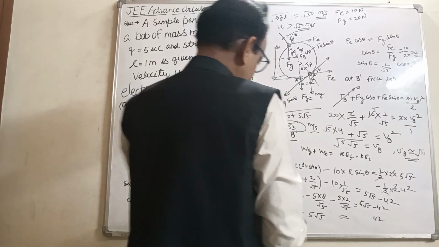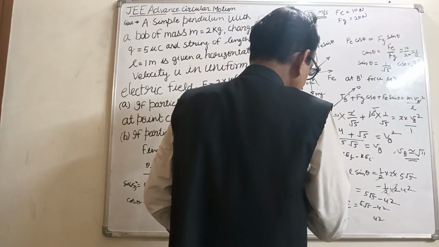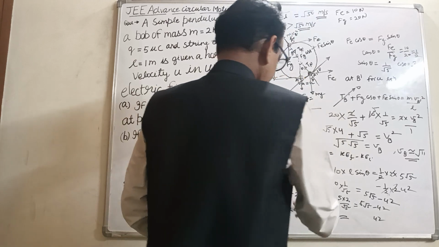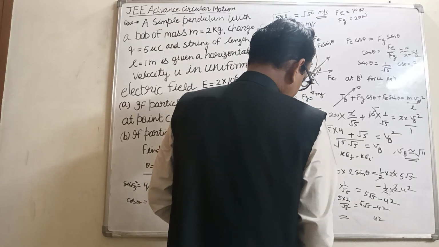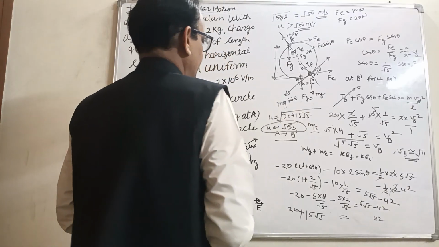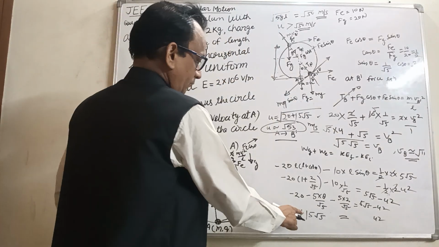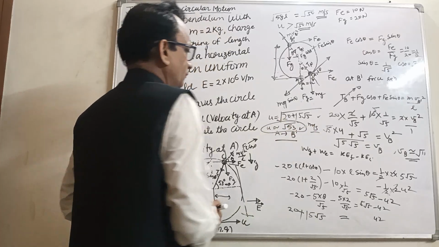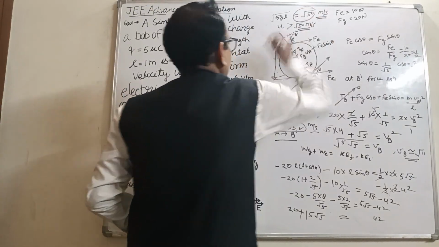Root 5, 8 and 10, 10, 8, 10, 5. Sorry, this becomes added, so 8 and 10 becomes 15. Yes, this becomes 15 root 5. So u will be root of 20 plus 15 root 5. So this becomes approximately root 53, and this value is more than root 50.